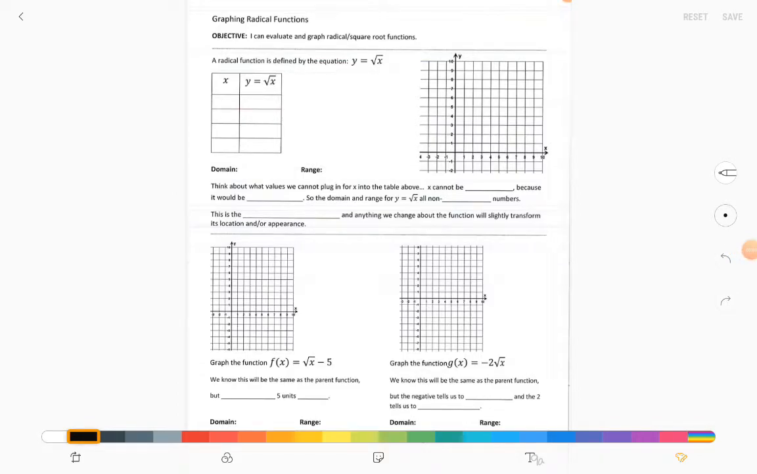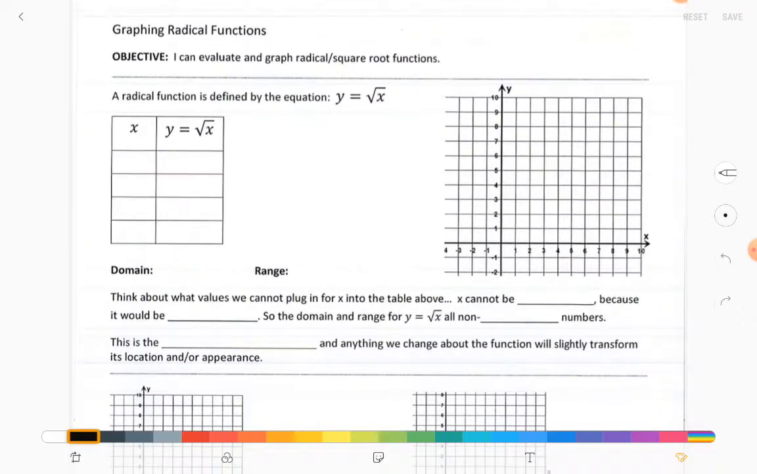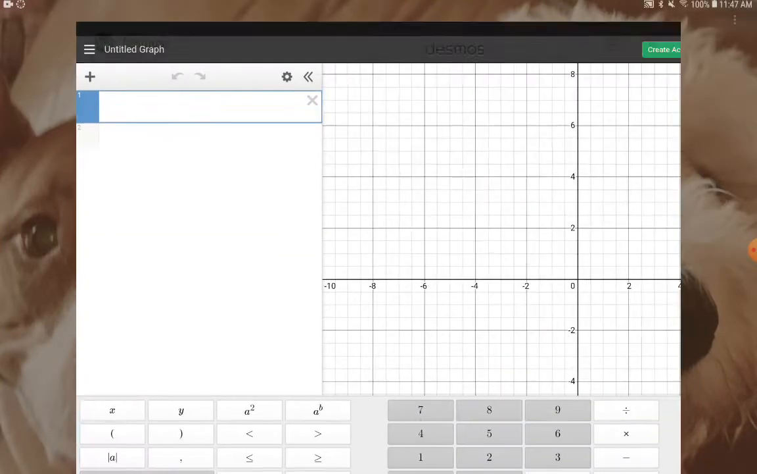Okay, so today we're going to talk about radicals and what their graphs look like. So first of all, this right here is my most basic radical function. Again, the most basic radical function is called the parent function. Okay, so if I went into Desmos,